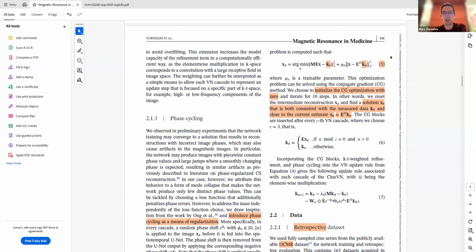In this separate optimization problem, we search for a solution that is, on the one side, close to the acquired undersampled k-space data, and on the other side, close to the output of the previous VARNet cascade, so close to the current estimate of our reconstruction. And this helps us to avoid local minima of the optimization problem, and it improves data consistency when our data is highly diverse.